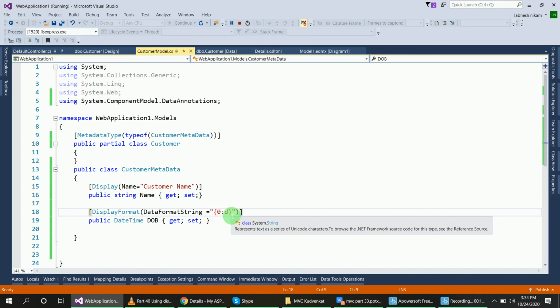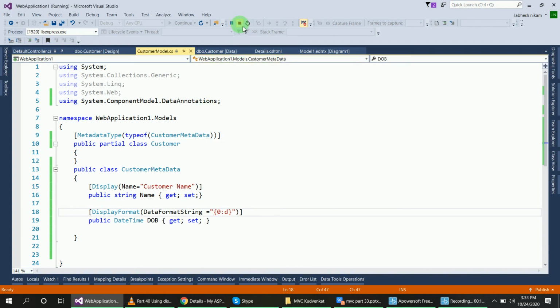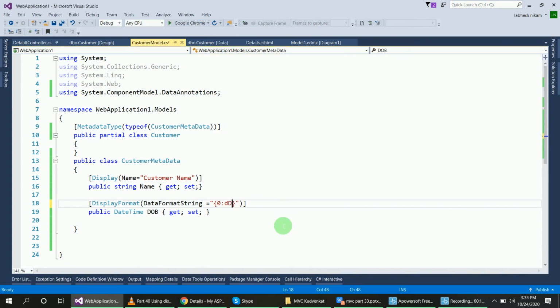For that what I will add 0 colon dd and colon capital MM and small y, right, 4 times y, and write the hours, minutes and seconds.